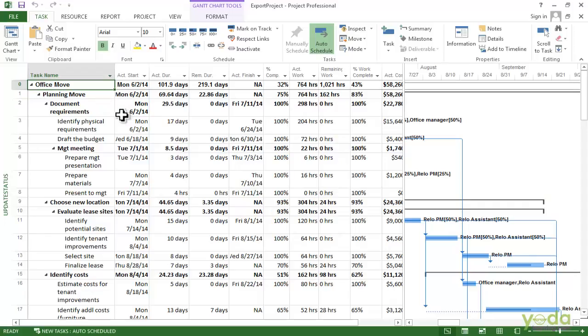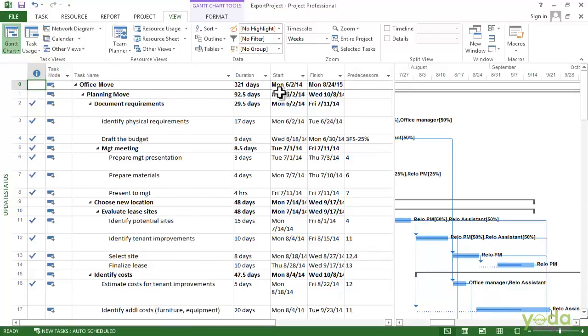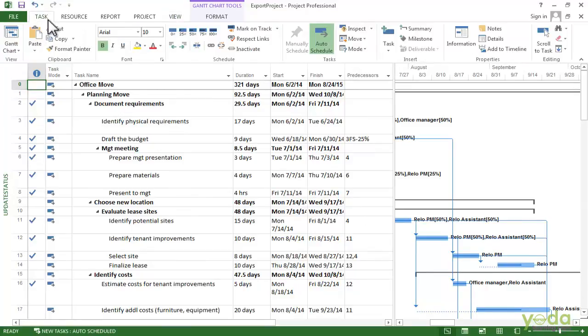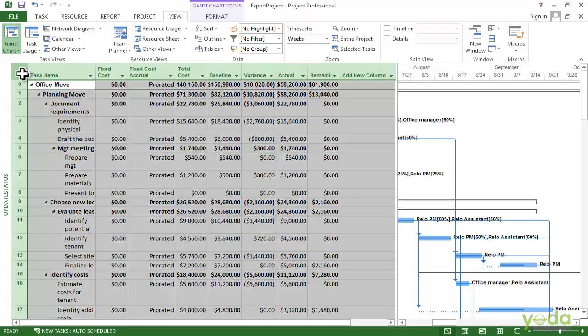The first thing that you want to do is choose the view and the table that you want to export. In this case, on the Task tab, click the bottom half of the Gantt chart button and choose the Gantt chart. Then on the View tab, click Tables and choose Cost. Now this is the table that I want to export, and I want the entire table. So click the cell at the top of the Task ID column. It's called the Select All Cells because it selects every cell in the table,